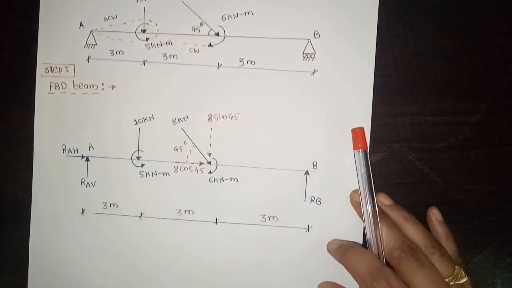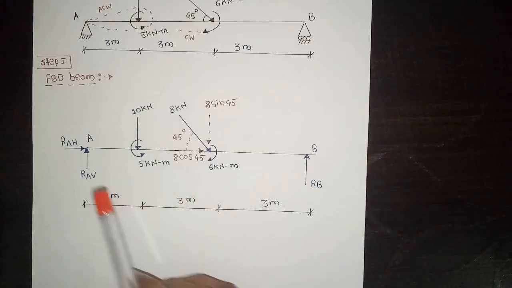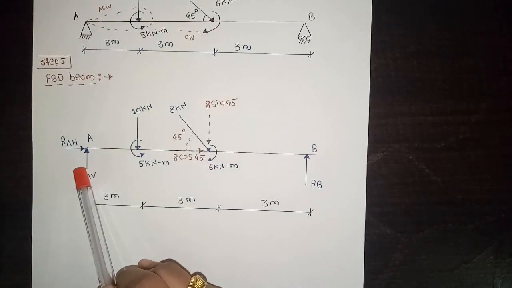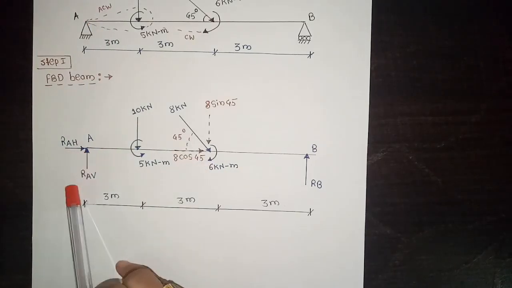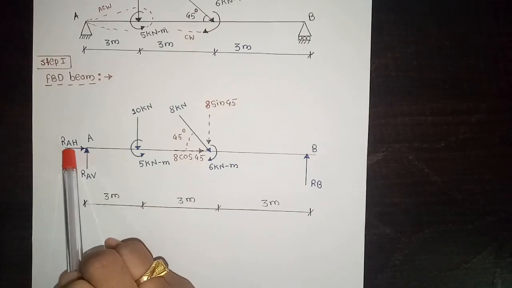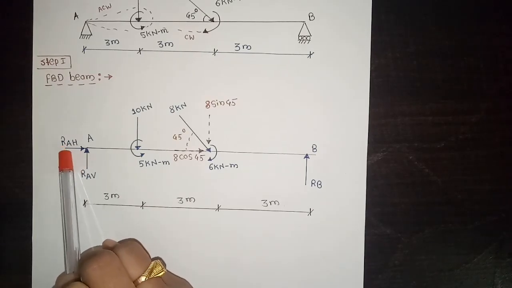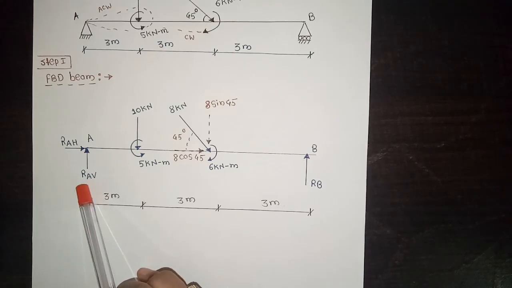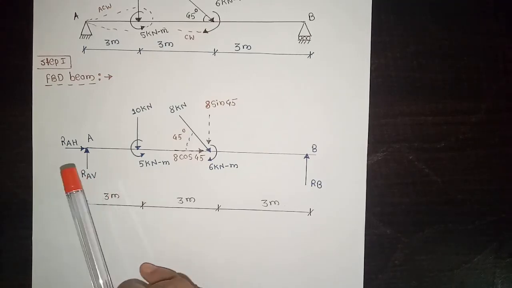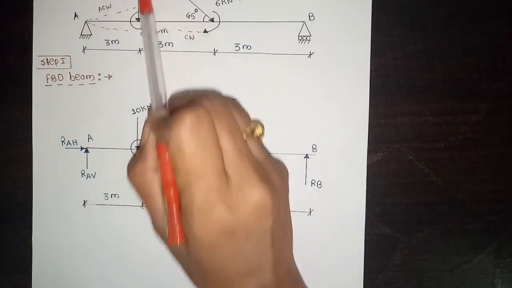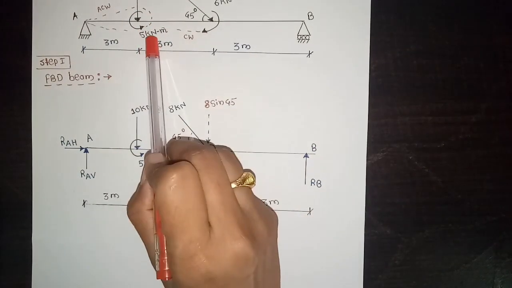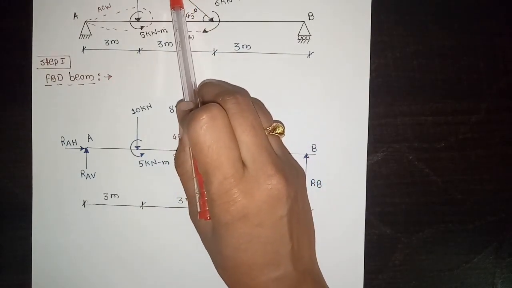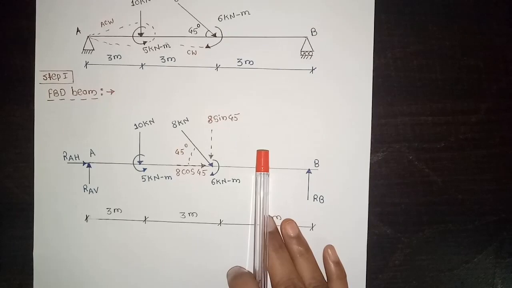So first of all, draw the free body diagram. For hinge support we have to calculate two reactions, that is RAH and RAV. RAH is the reaction at support A horizontal and RAV is the reaction at support A vertical. 10 kilonewton force as it is, couple 5 kilonewton meter as it is. Here we have given 8 kilonewton force,